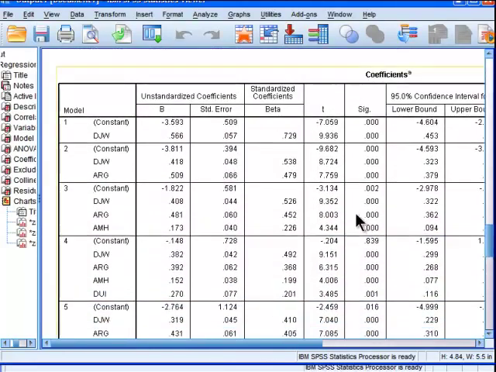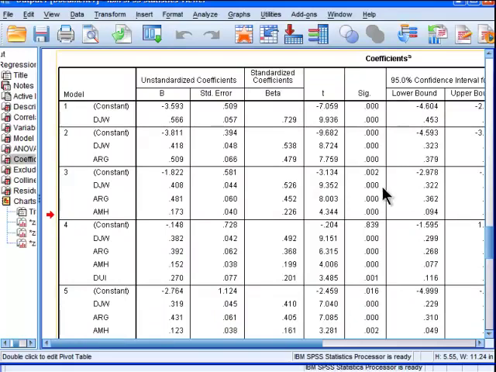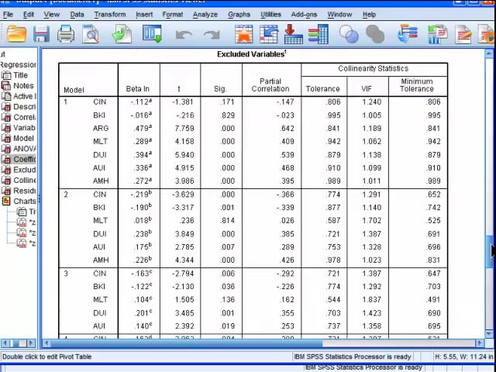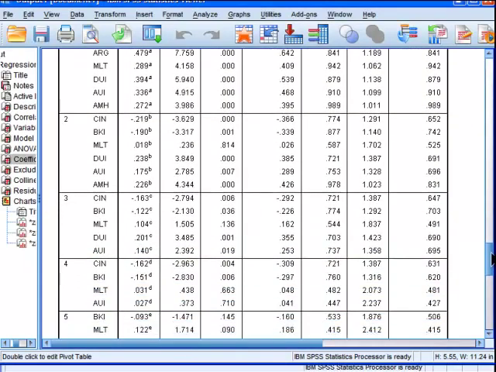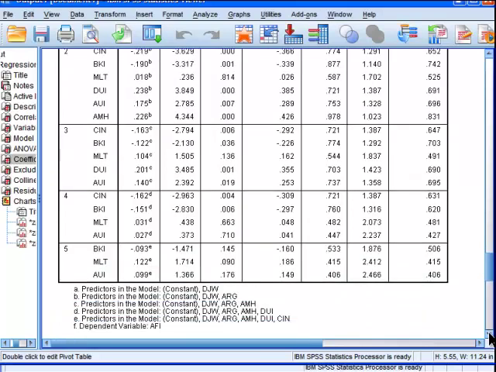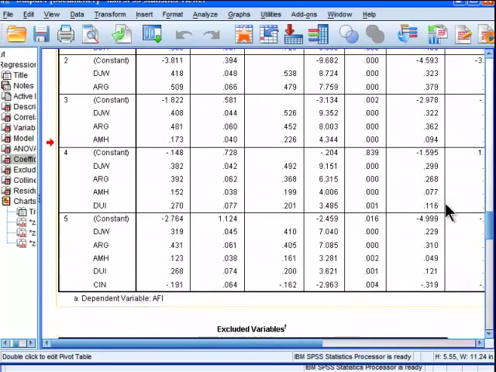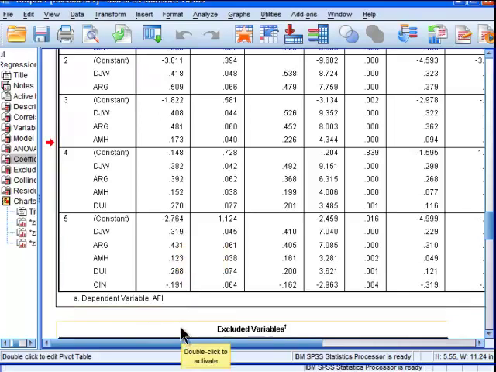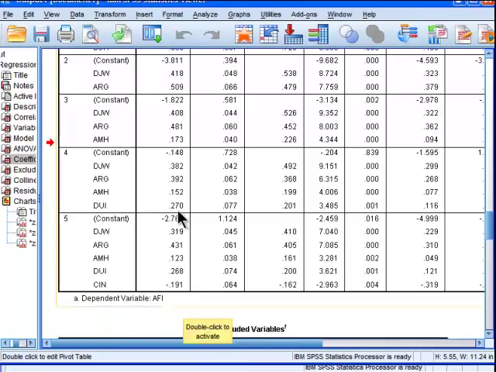Then we get the table with the actual beta weights, and the statistical significance associated with the beta weights. Again, just go to your last model. If you're happy with model 5, I just jumped to it there. There we go. So we've got the unstandardized beta weights here in the first column. So DJW has an unstandardized beta weight of 0.32, and the intercept, what SPSS calls a constant, this is the intercept associated with the model. And then we've got their unstandardized beta weights here. I'll assume that you already kind of know what a beta weight is, and I'm just going to point out these are the unstandardized beta weights. It corresponds to the